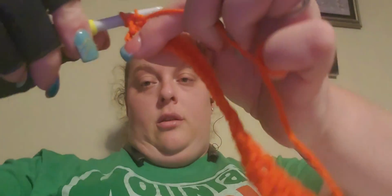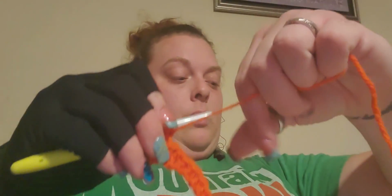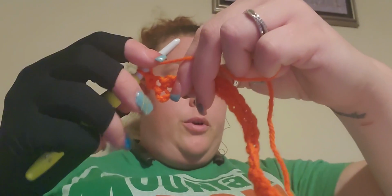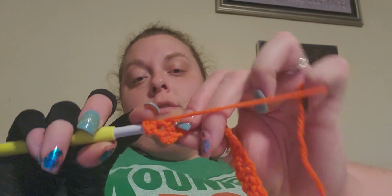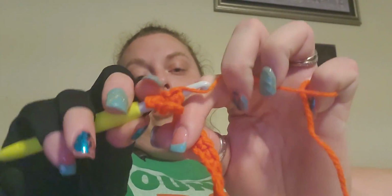Then for row 2, you're going to single crochet in the first single crochet, this one right here. And then we're going to work a cluster in the very next stitch. For the cluster, you're going to do a yarn over and put it into the next specified stitch, that very next one, pull through a loop, then yarn over, pull through the next loop,